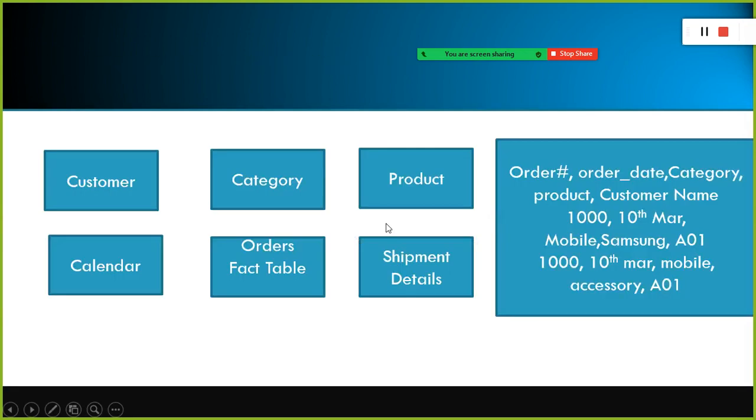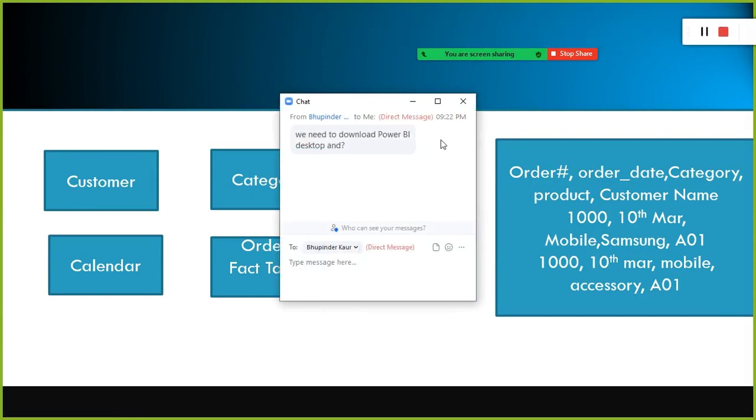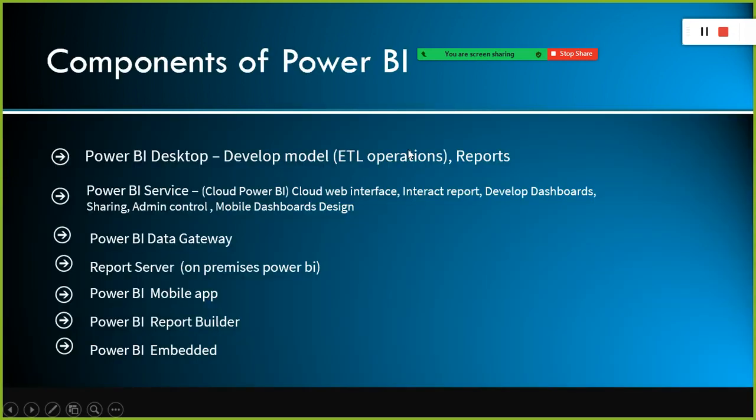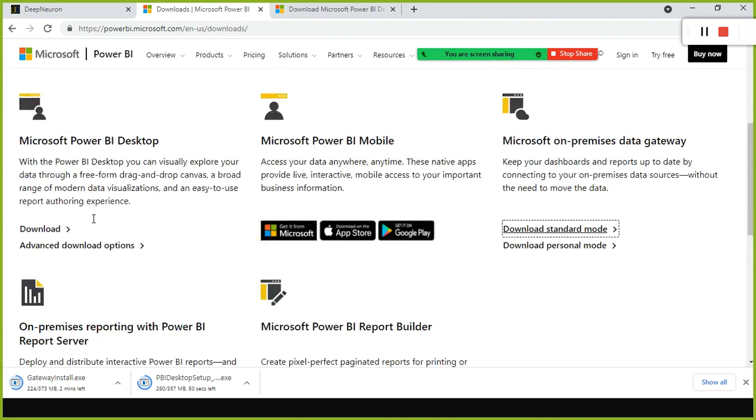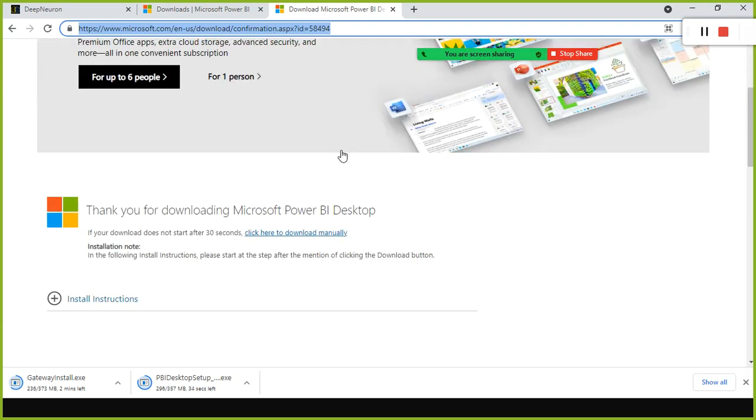Okay. And also we discussed the data modeling part a little bit, right? Do we need to download Power BI Desktop? Yes, we need to download Power BI Desktop. Yes, correct. Upinder, you need to look here. I'll just share this link with you. So I have Power BI Desktop, but anything else we need to download?